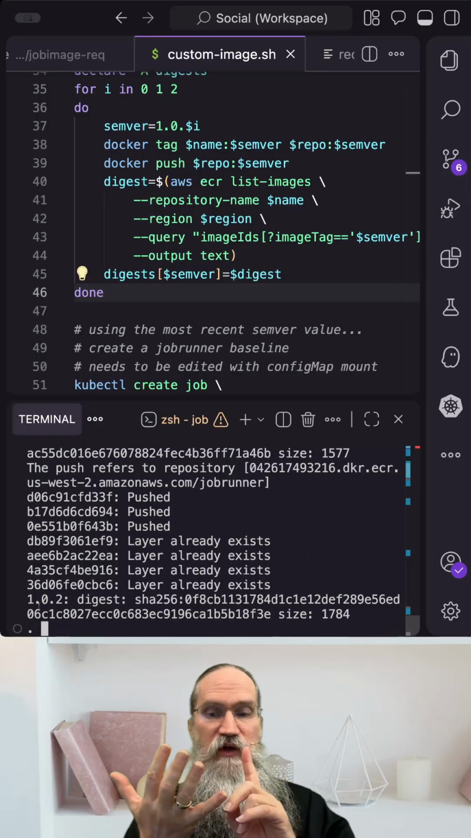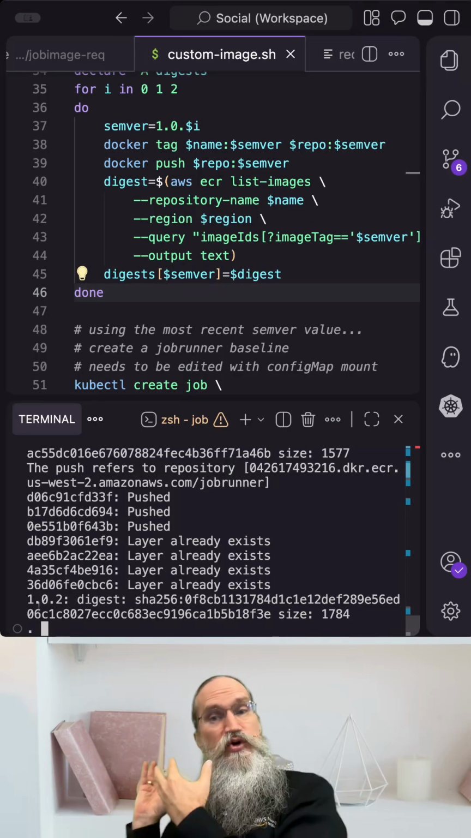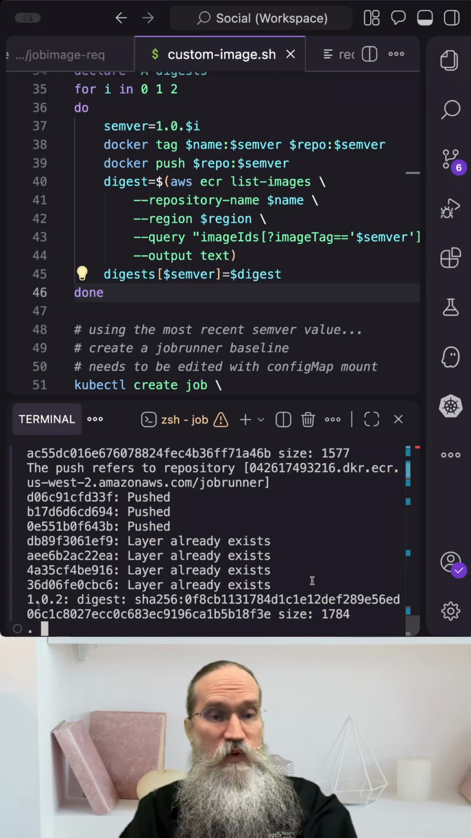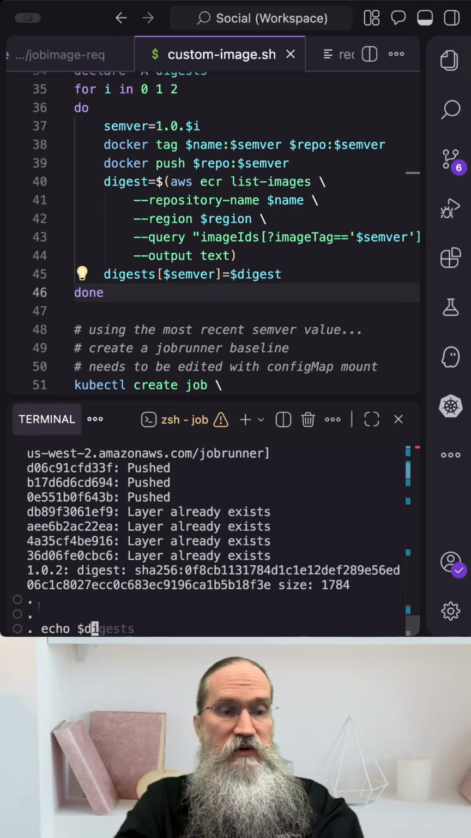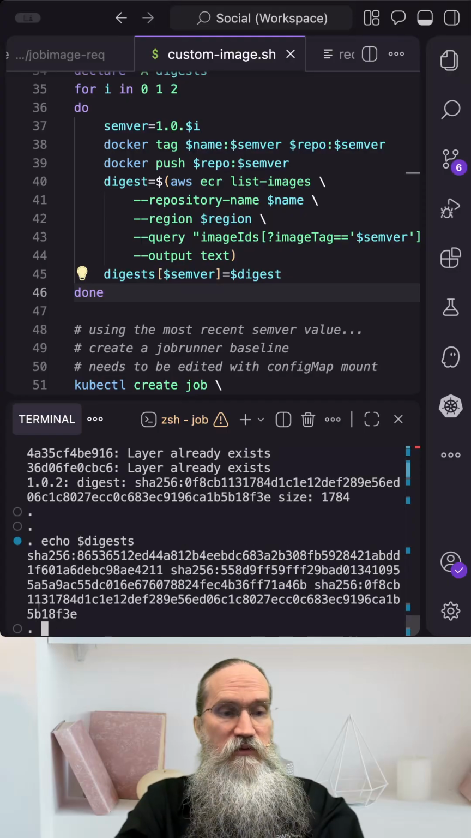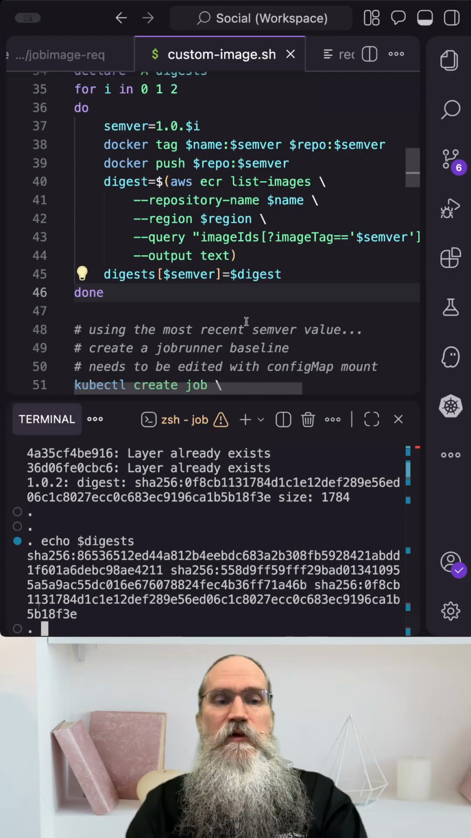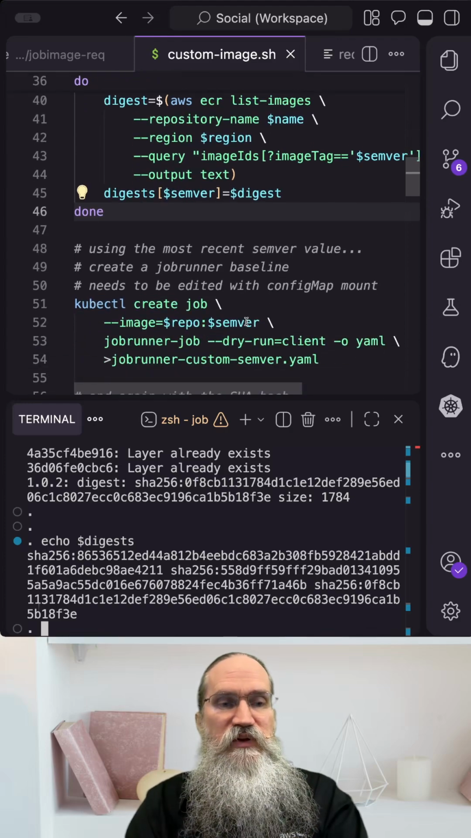So I just built 3 container images, now just pushed those up into the ECR, and saved away their digests. So I do have kind of the list of the 3 digests, the SHA hashes for those. So that's it. That's kind of the building process. So let's do